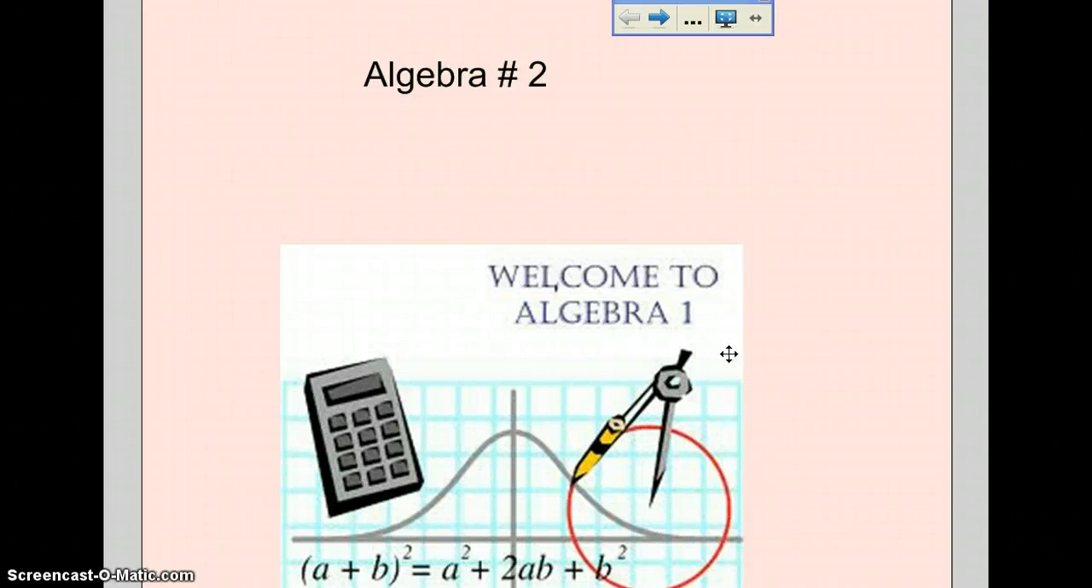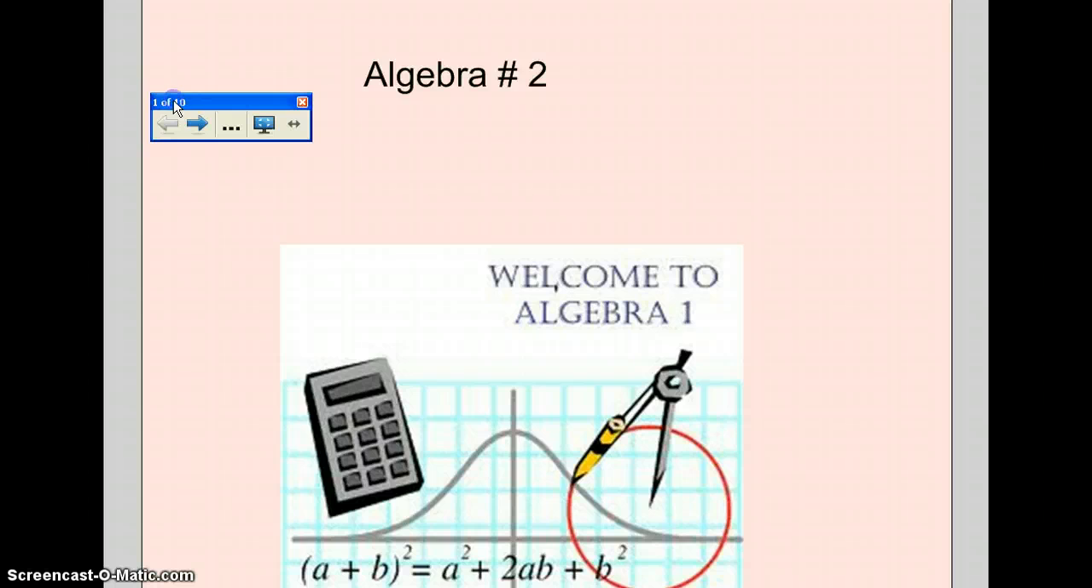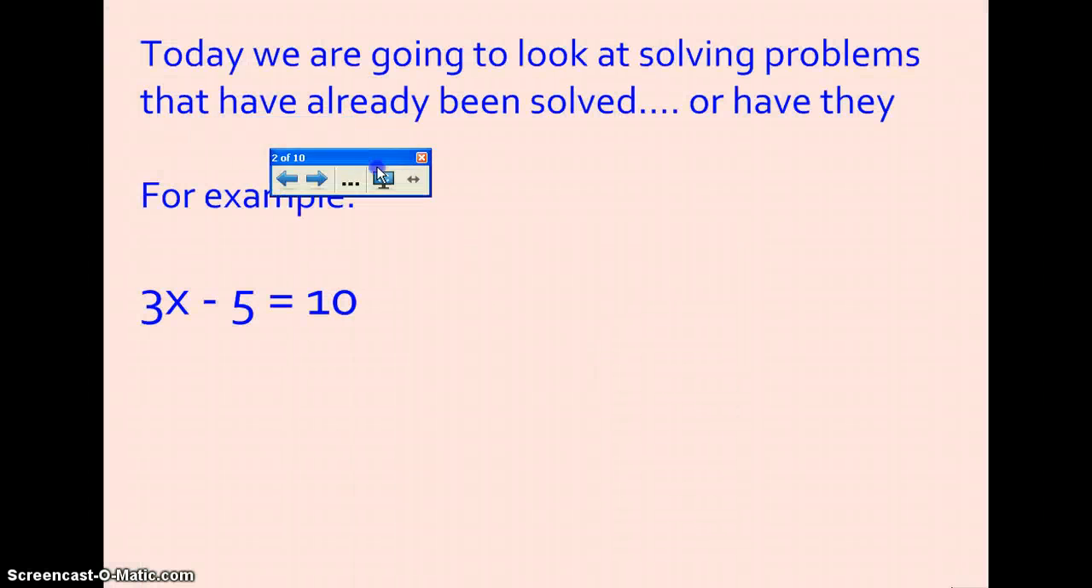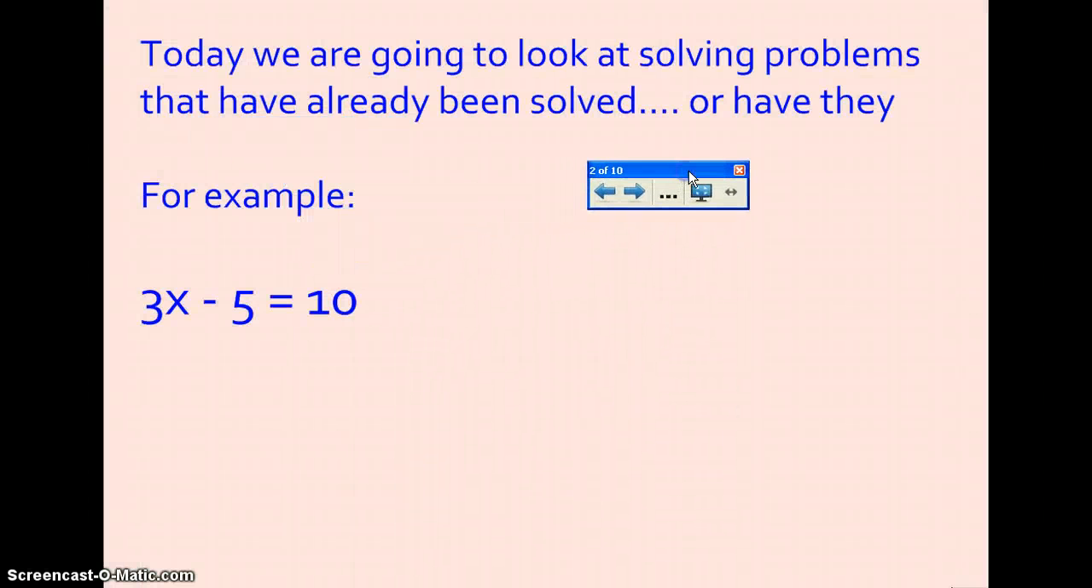Alright, this is Algebra Part 2. So basically today we're going to work on starting off with solving problems that have already been solved, or have they? For example, if you have 3x minus 5 equals 10, then you need to figure out what the x is. So the first thing you have to figure out is what times 3